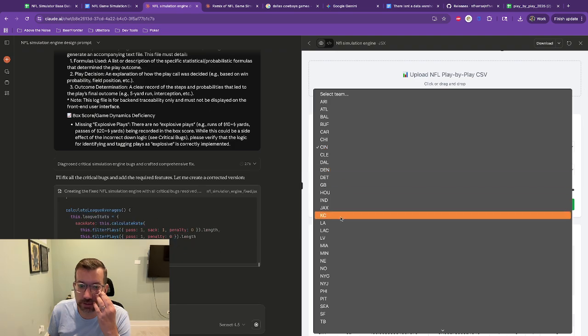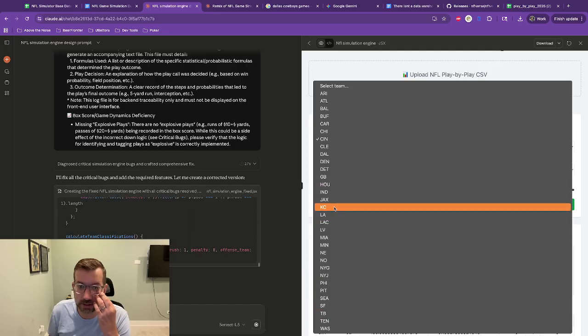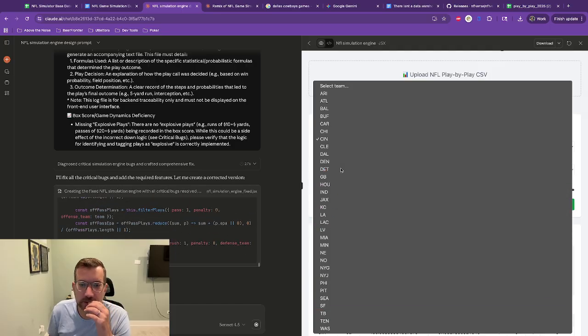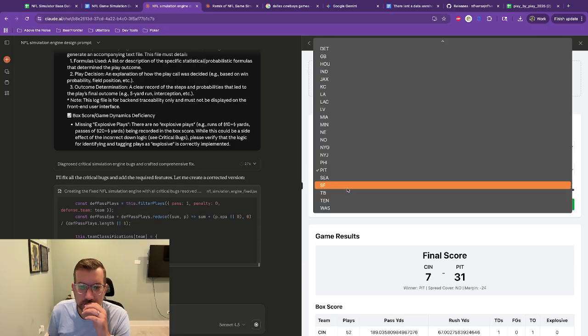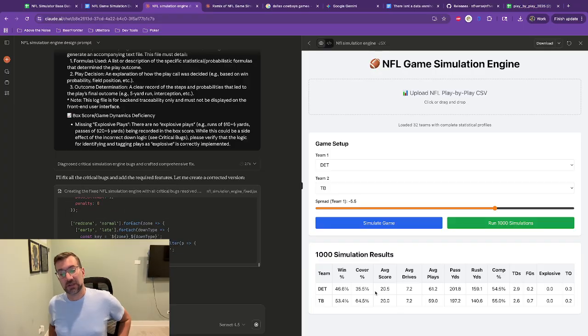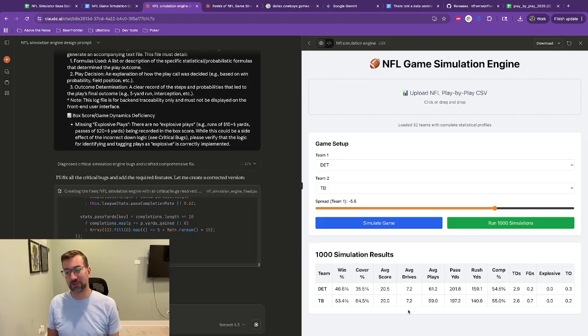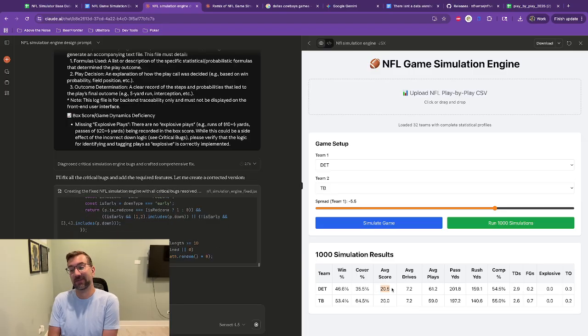Just out of curiosity, I'm going to do my Lions against Tampa Bay this week, just to see. Ooh, coin flip situation. Yeah, look at that. Average drive 7.2 for each. What's weird is the average score. I think maybe it actually has